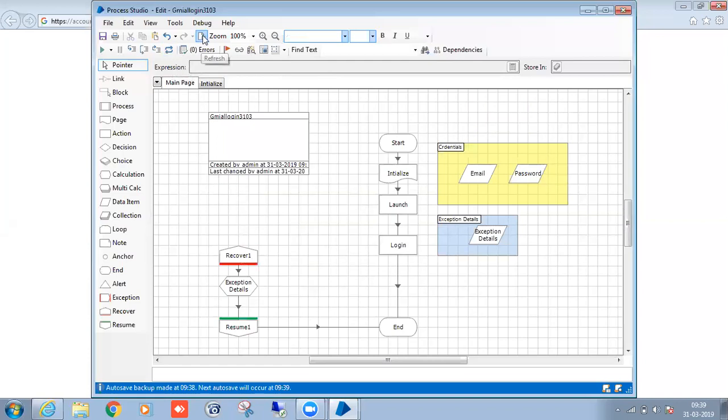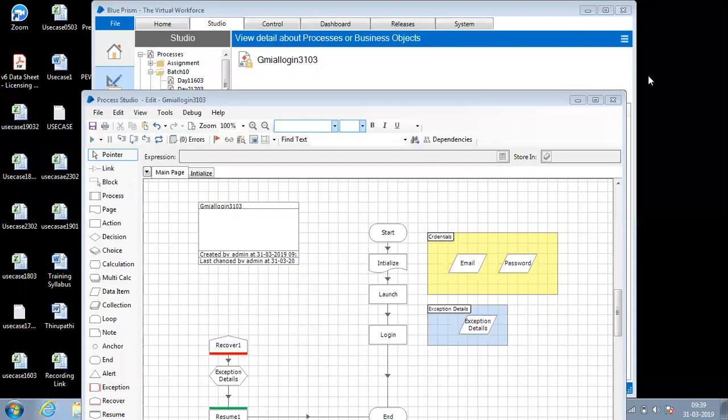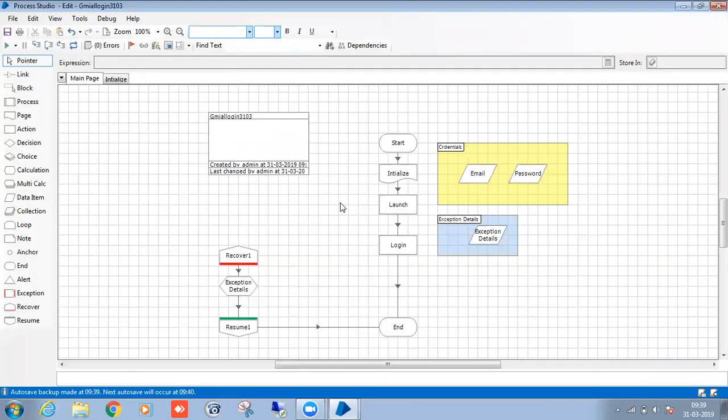Refresh, there are no errors. Close the application. See, I'm launching my map from my process. Refresh, reset,